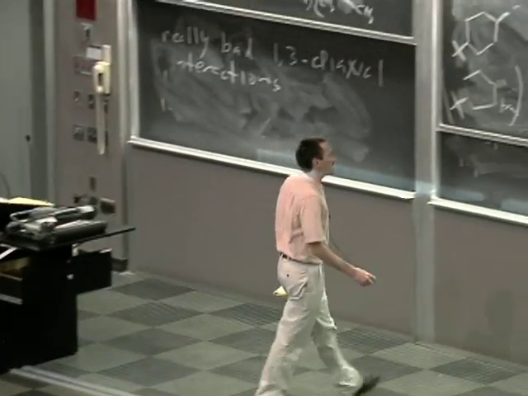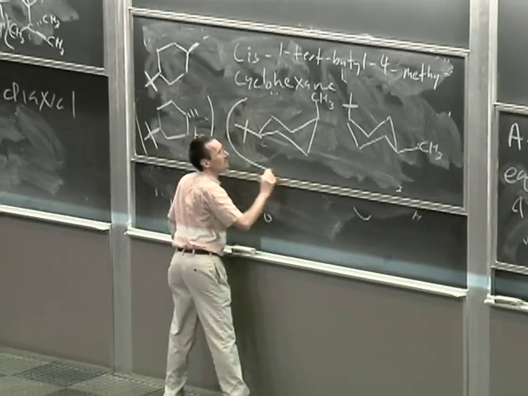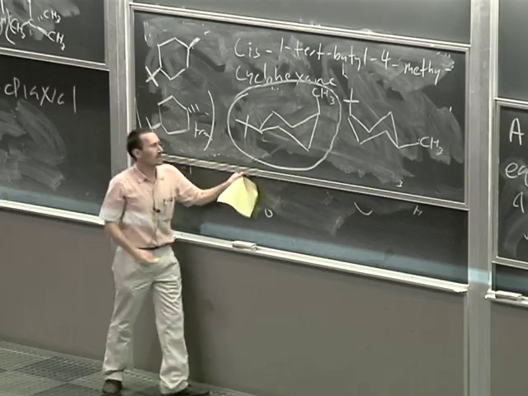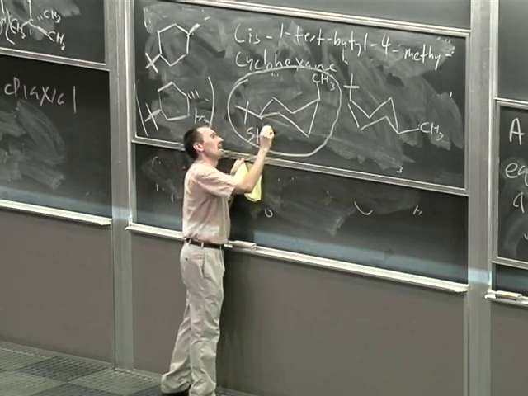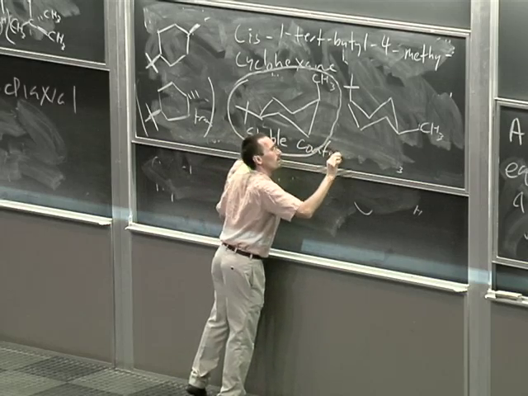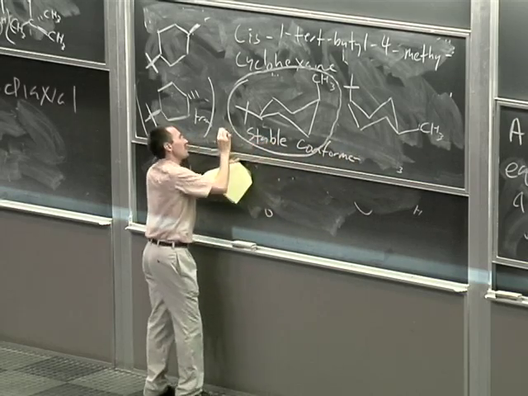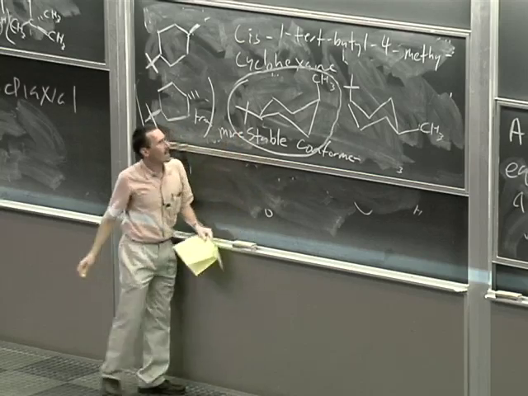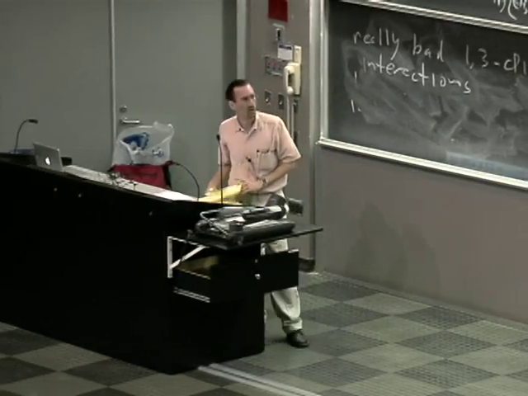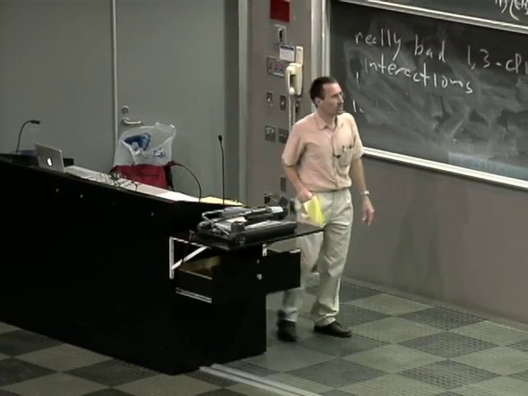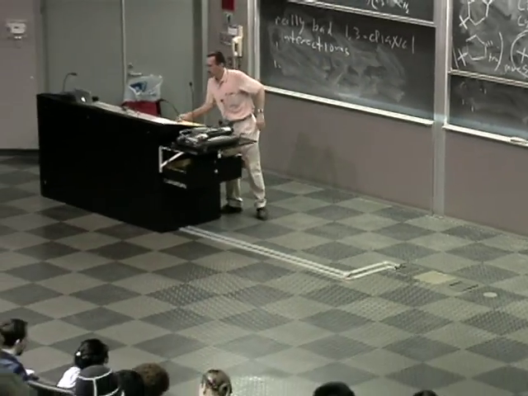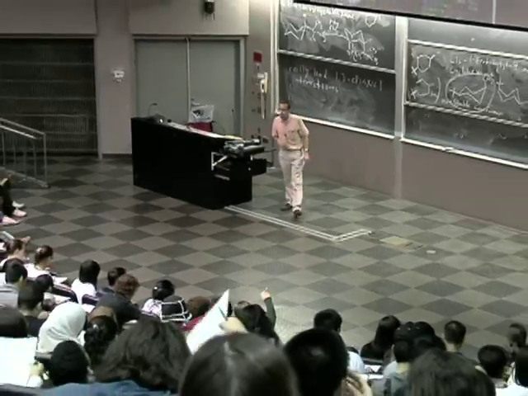So you've got a choice. Damned if you do, really damned if you don't. And as a result, the molecule adopts this conformation. This is the stable conformer. I'll call it more stable conformer, but in reality, it's close to 1,000 to 1 times more stable. So the molecule very strongly prefers this conformation. All right, well, this is where we will stop. Next time, we will start picking